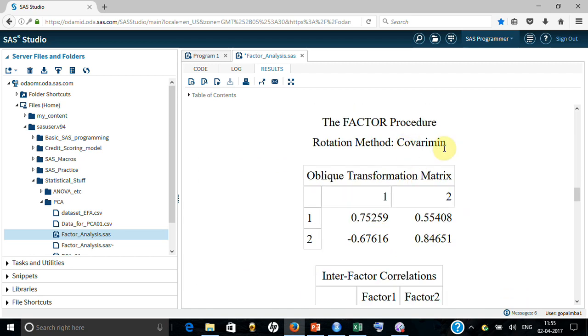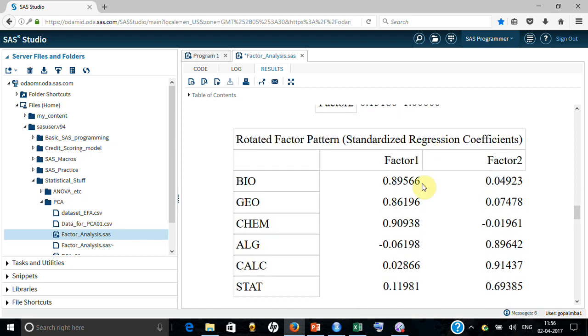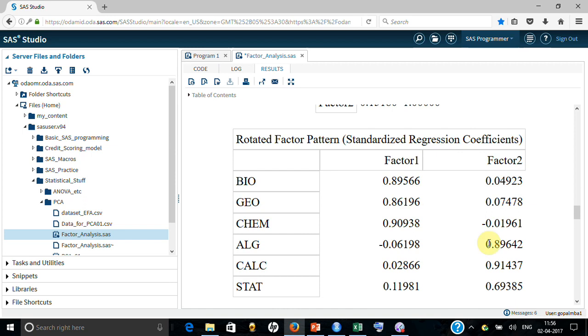What this covariance minimum method has done, if you look at it now, is that these variables have more loading on factor 1 and these are pretty small, and algebra, calculus and stats have huge loading on factor 2 and not on factor 1. Factor 1, if you look at these variables, has quite small impact on factor 2. So factor 1 is primarily these 3 variables.